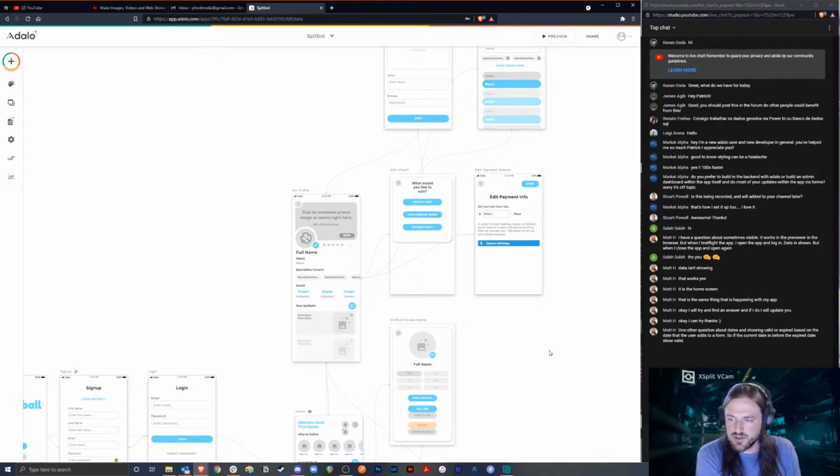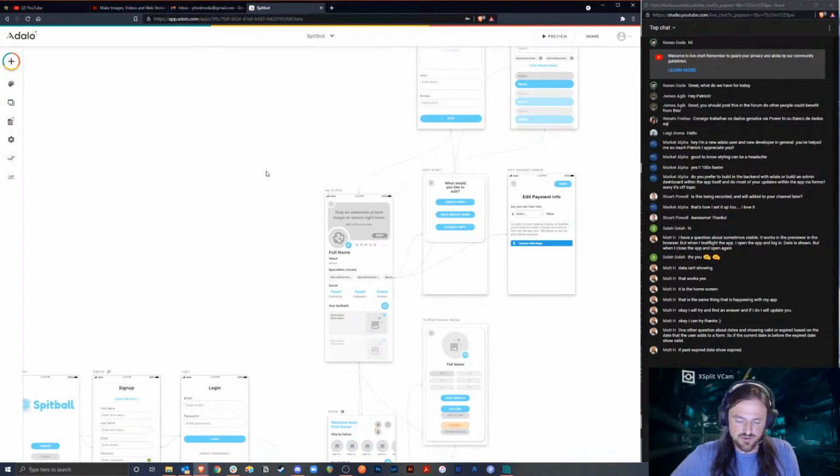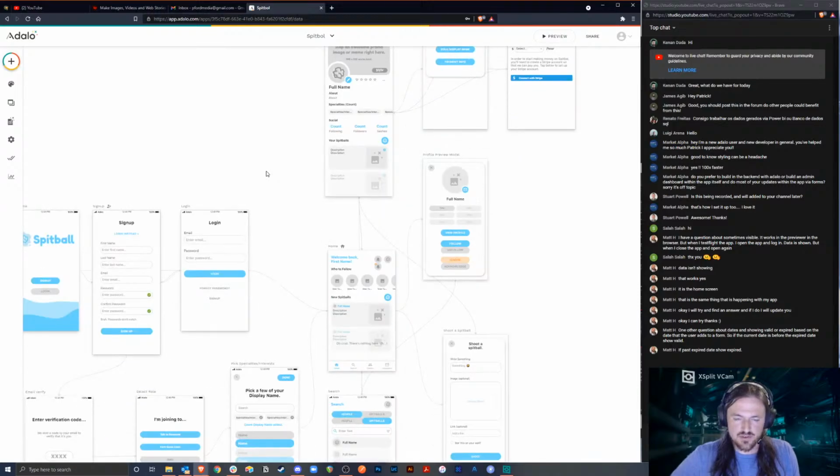So the current date is before, one if past. Let's see. The user adds to a form. Okay, so if the current date is before the expired date, show valid. If past expired date, show expired. Yeah. So that's a little bit tough to do through relationships. I'm not sure if you're talking about through relationships, Matt, but